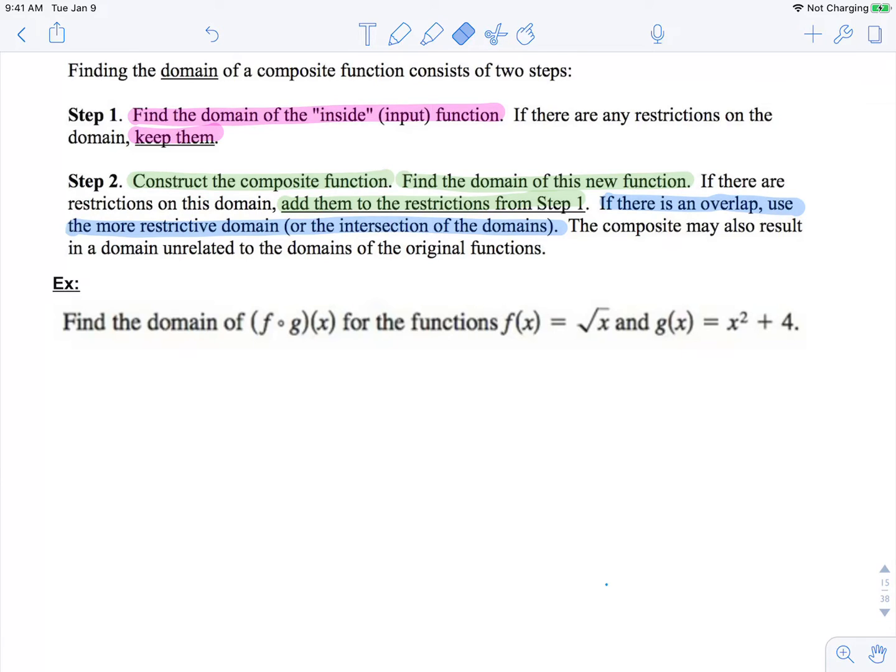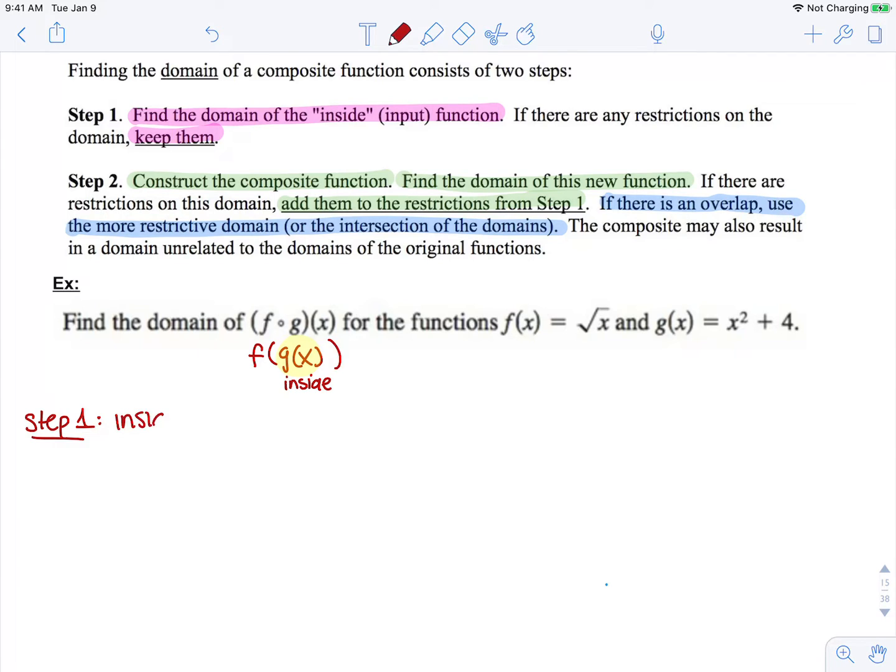Find the domain of f of g of x for the functions f of x equals square root of x and g of x equals x squared plus 4. So remember, f of g of x is the same as this notation here. That means our inside function is g of x. So for step 1,